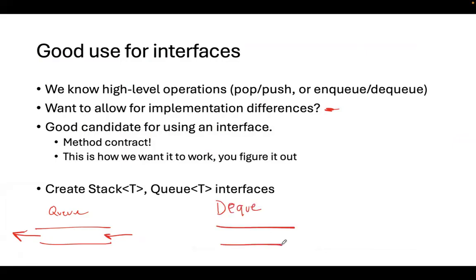A double-ended queue is where we can both add to the back and remove from the back, and both remove from the front and add to the front. So there's still this process of moving forward in line where we still have the enqueue and dequeue, but there's the notion of someone could cut in front and maybe have higher priority, so they need to get served first,